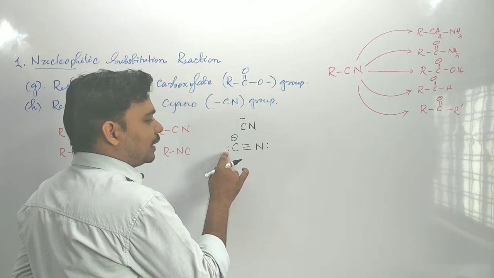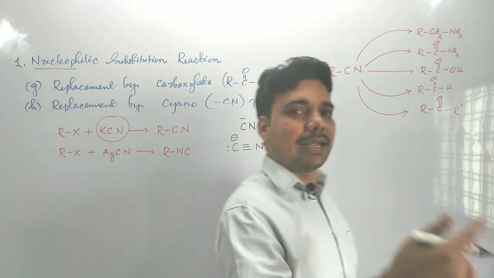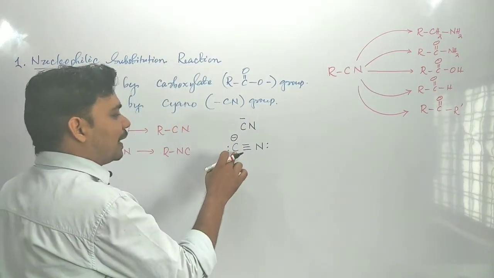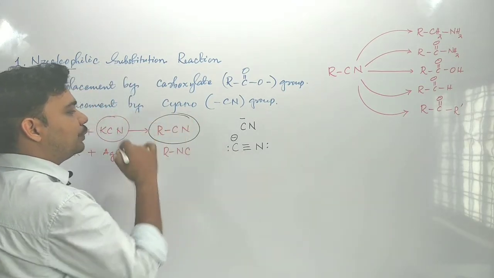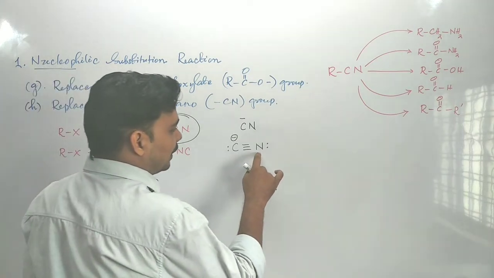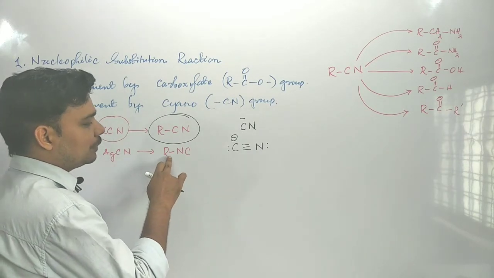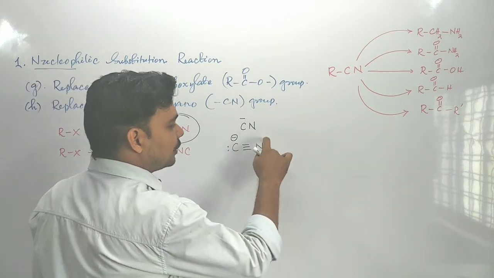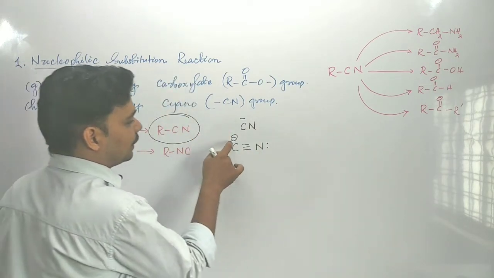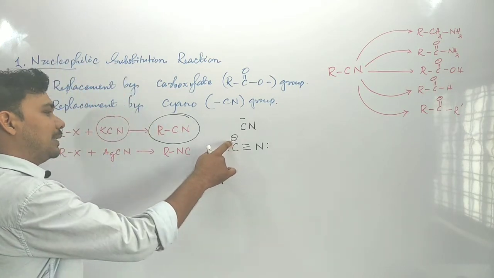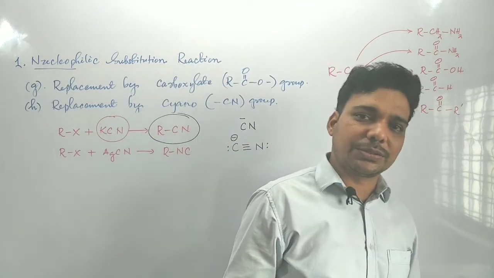Here carbon has a pair of electrons, it can act as the nucleophilic site. This nitrogen has its lone pair, it can attack as a nucleophile. Okay. So when carbon will attack, a bond between carbon will be formed, that means we are getting cyanide. And when this nucleophile attacks through this nitrogen, then we will get isocyanide. A bond will be formed between carbon and nitrogen. When nitrogen is the nucleophilic site, we will get isocyanide, and when carbon is the nucleophilic site, it will attack through this carbon, then we will get cyanide as product. Okay.